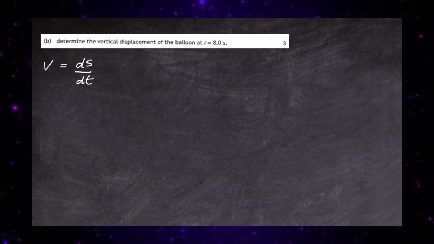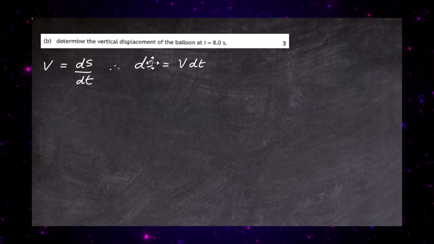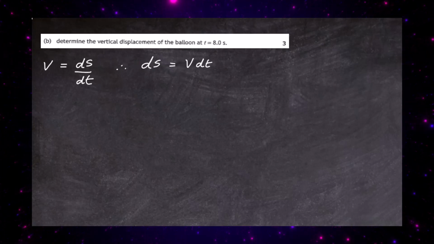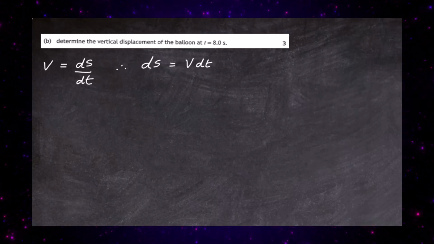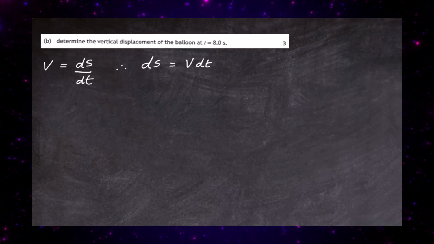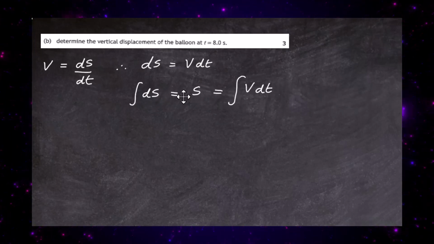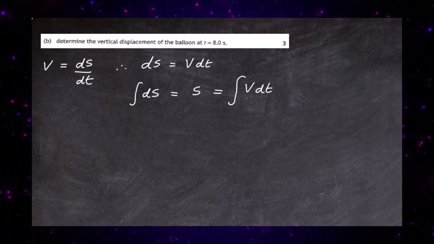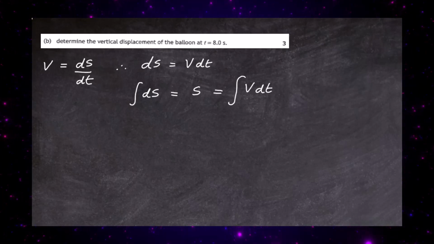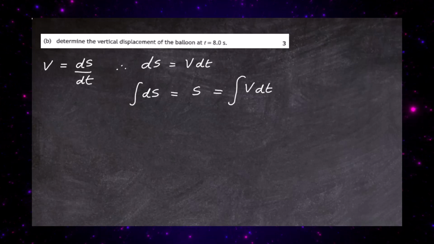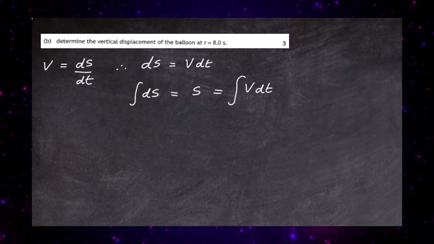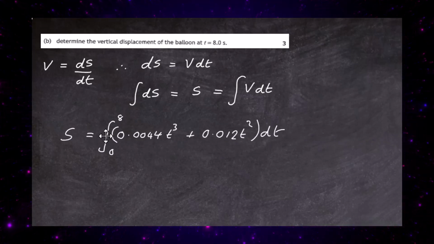Now we do a little bit of cross multiplying here. We get ds is going to equal v dt. And now we're in a position to integrate both sides. So we integrate both sides, we get that expression there. The integration of ds is going to give us the total displacement s, and that's going to be the integral of v dt. So all we have to do is stick to our calculus methods,